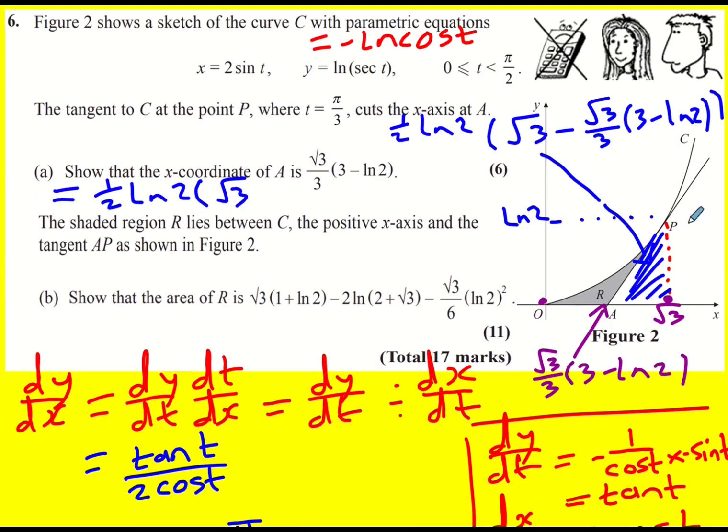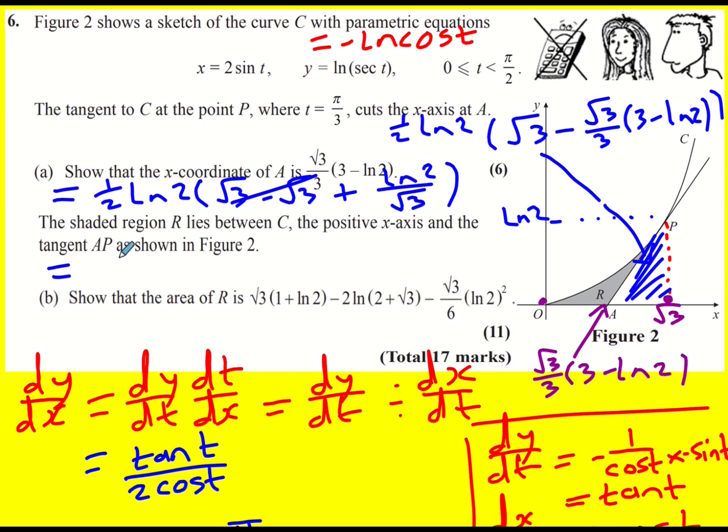So if I'm minusing that, I'm going to be minusing root 3 and then plussing ln 2 over root 3. These are going to cancel. And so I've simply got a half times ln 2 times ln 2 divided by root 3,